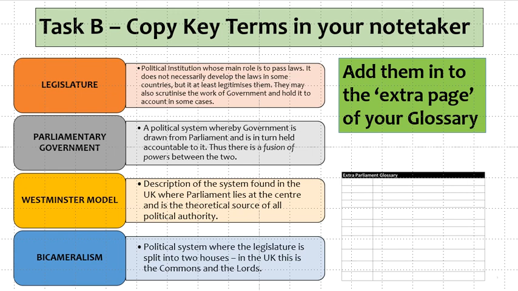We have a system of parliamentary government. So maybe I do need to talk through this a bit because this is a really crucial concept. We've talked about this before. In the UK, to be a member of government, you have to be a member of Parliament. Whereas in the US, to be a member of government, you cannot be a member of the legislature. You cannot be a member of Congress. There is therefore in the UK what we refer to as a fusion of powers between the two. An important thing to remember when we come back to it.